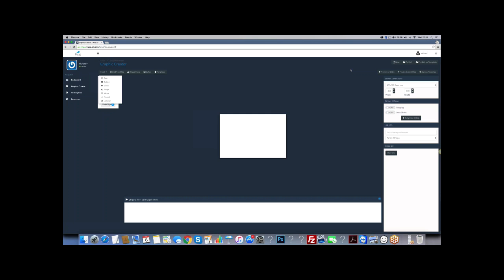So now, when you want to add any elements into the canvas, you need to come down to this drop-down menu, which is Insert. What that does is it inserts the elements that were along here instead. So it's a lot easier to get them, and it frees up this top